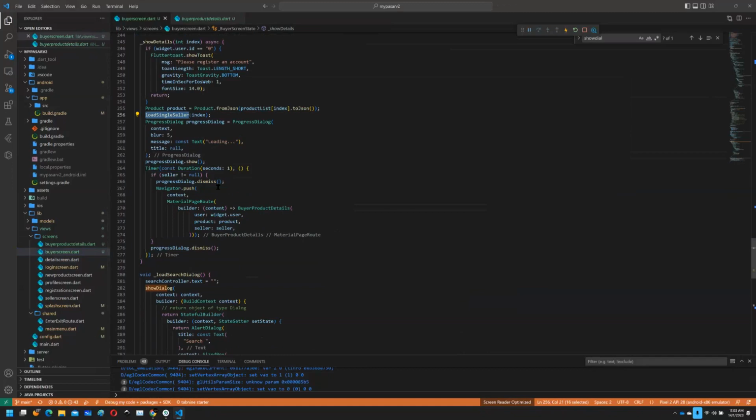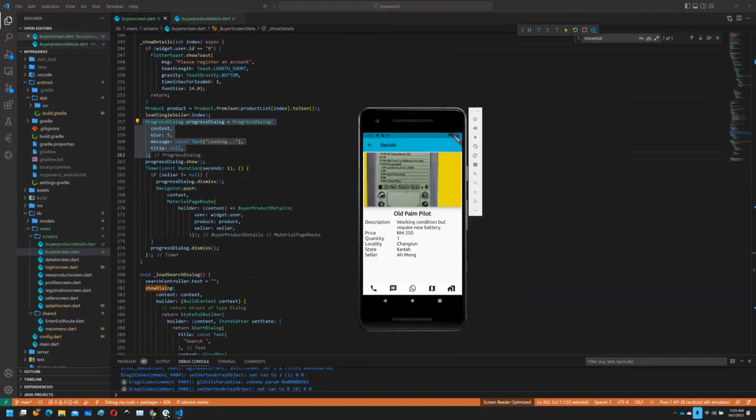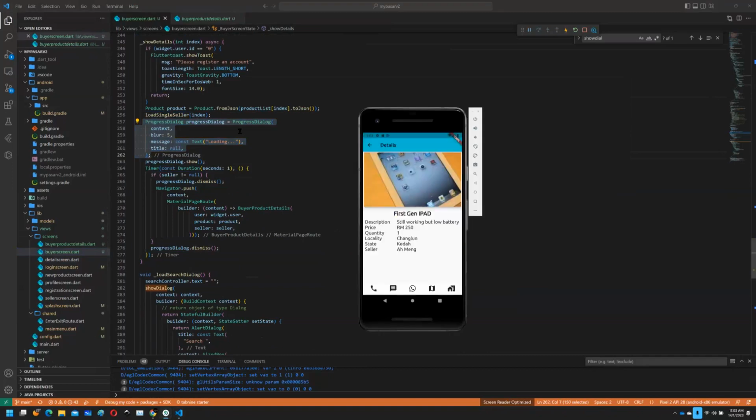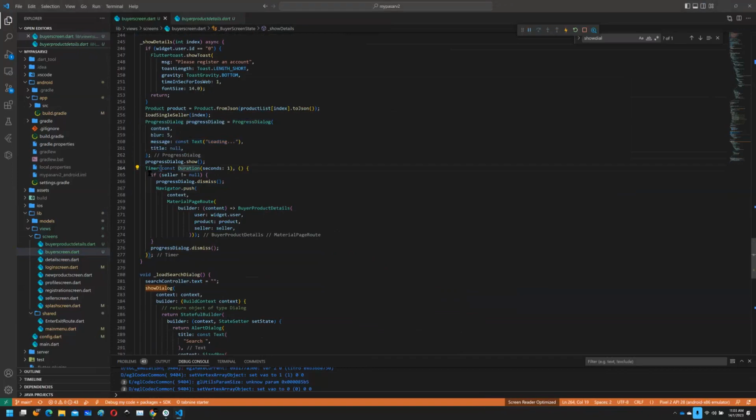through some programming trick. All right, so the progress dialog here is just to introduce some delay. So here you can see you have a loading progress dialog that shows the loading. However, this is not the best solution, I have to say. All right, so other than that,